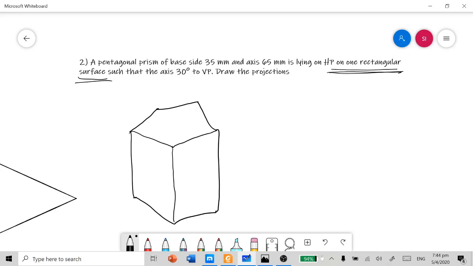Just see in this solid where you can find the rectangular surface, in a face or in a base. Only in the side face can we see the rectangular surface. In all kinds of prisms the side face is a rectangular face.